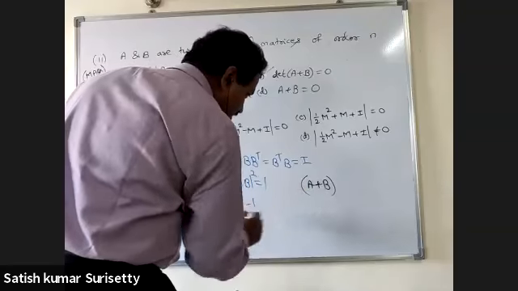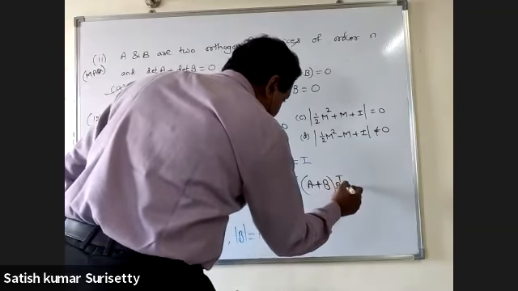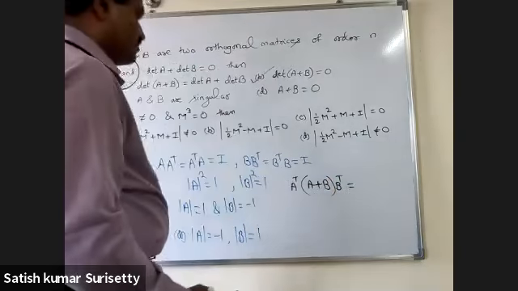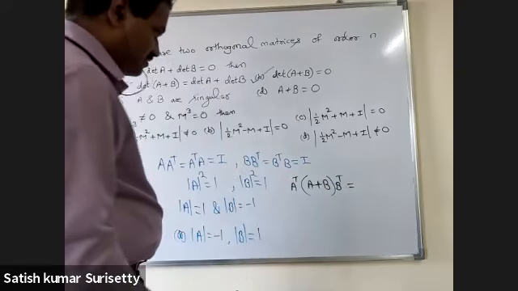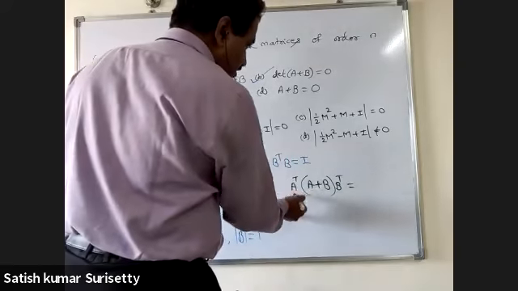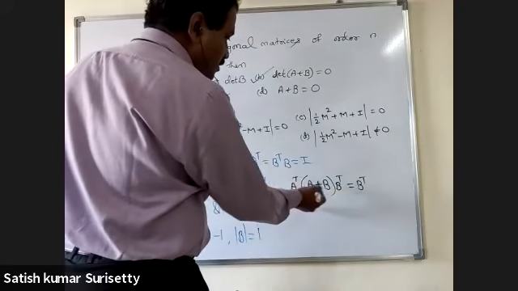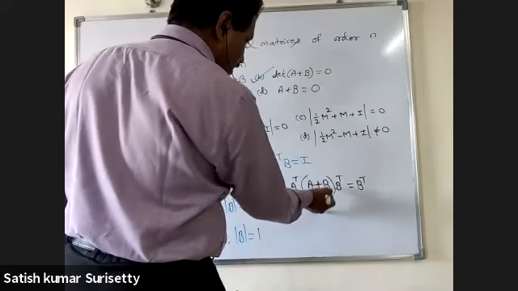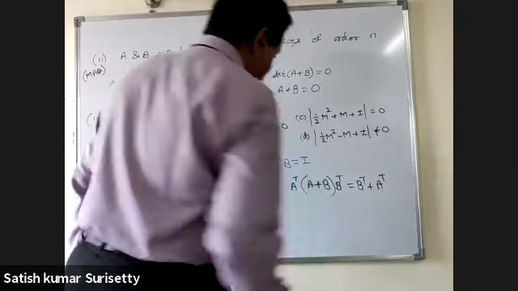let us multiply this with A transpose B transpose. Then what does this become now? A transpose into A into B transpose, but that will be B transpose. Next, A transpose into B transpose. B into B transpose is I. That means plus A transpose I'll get.